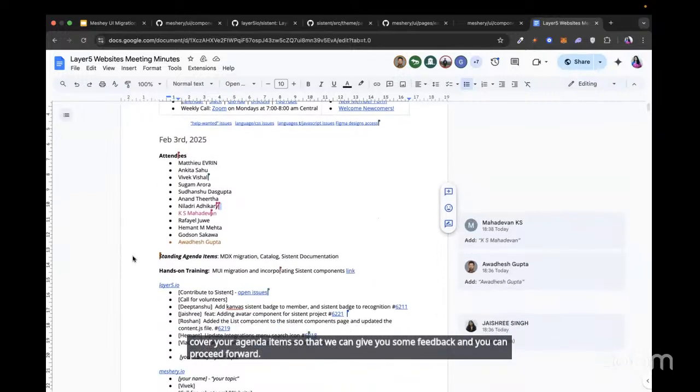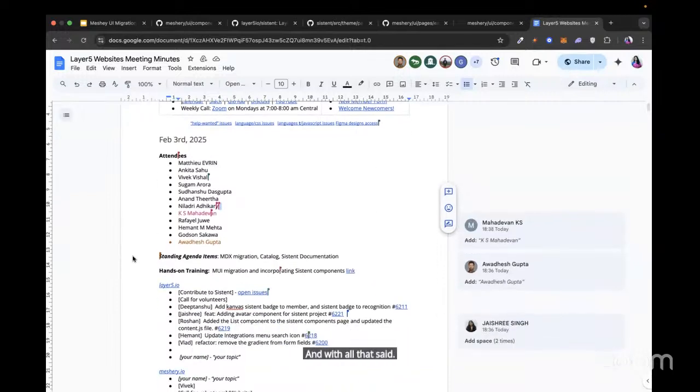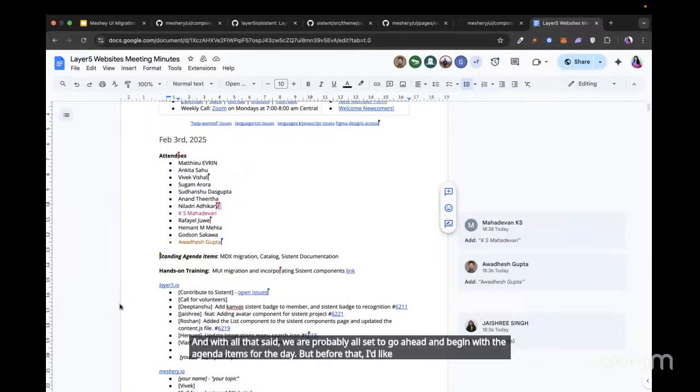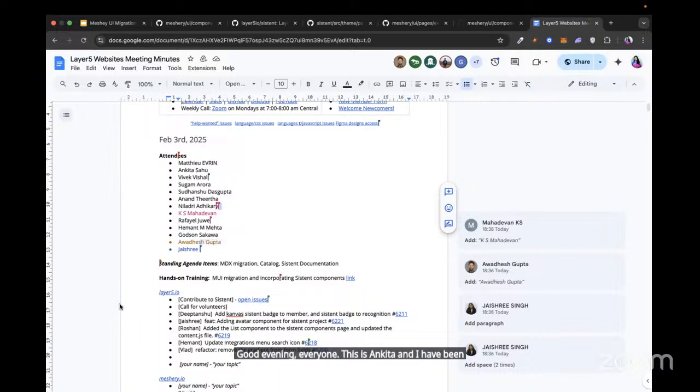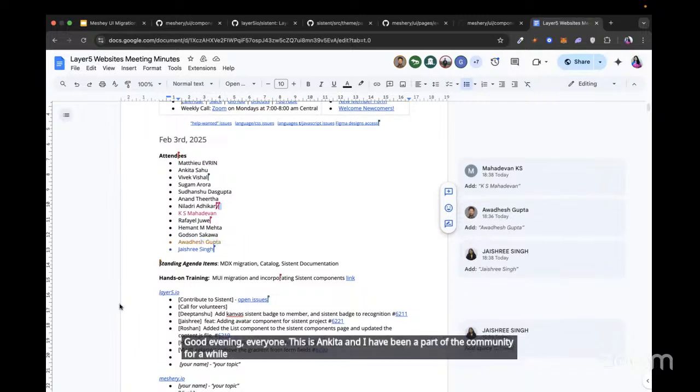With all that said, we are all set to begin with the agenda items for the day. But before that, I'd like to introduce myself. Good evening, everyone. This is Ankita, and I have been a part of the community for a while. I joined as an open source contributor, then was an LFX mentee, and currently I'm helping our community managers with the community initiatives that we have.